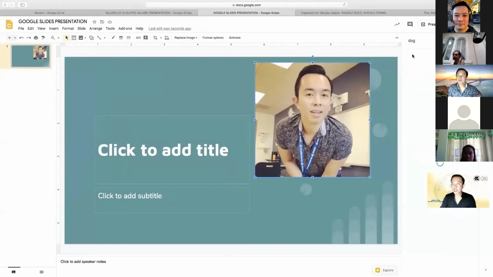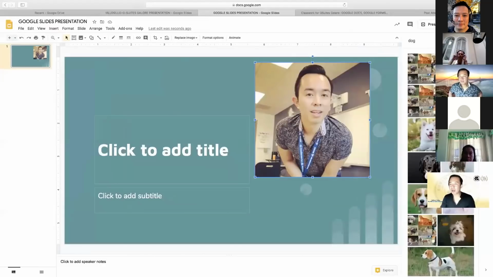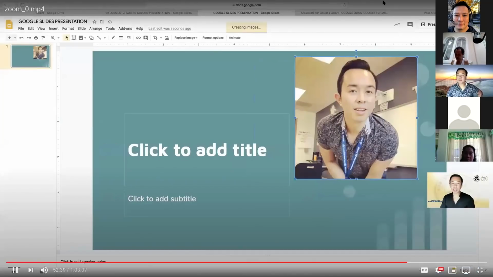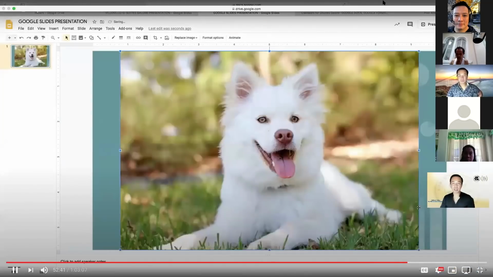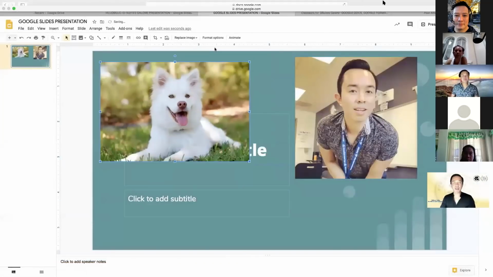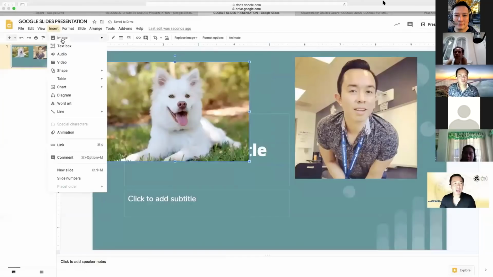You search dog, and it will bring you different kinds of dogs. I want this husky or Siberian dog. When you click that image, it will give you a prompt to insert, and then it will be in here. Too big, let me adjust it. There you go.